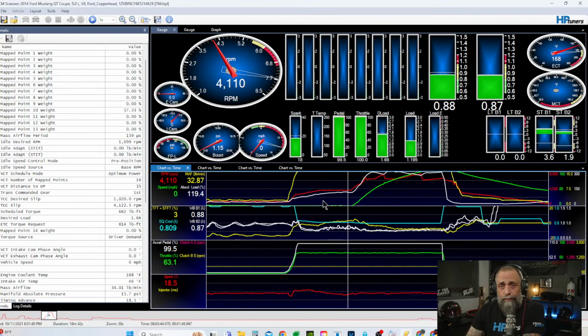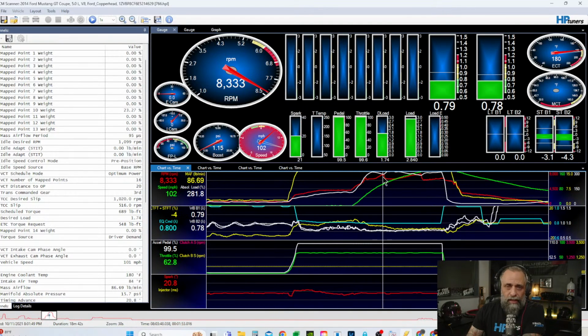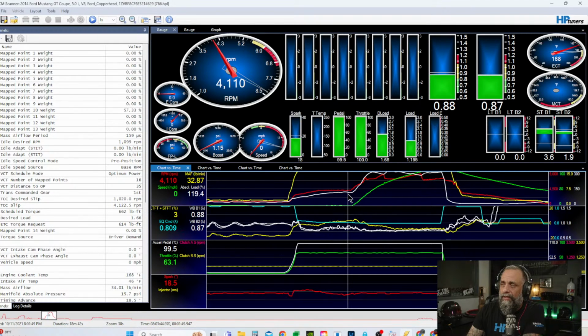If you're logging fuel pressure, which a Gen 1 does not have, I did log fuel pressure, but that was on the other logger that I talked about, and I didn't want to cloud the whole deal here with showing you that. That's not that important for tonight. Anybody that wants to do that advanced data logging, you can give us a call and we can help you out with that. So anyway, looking at this log,